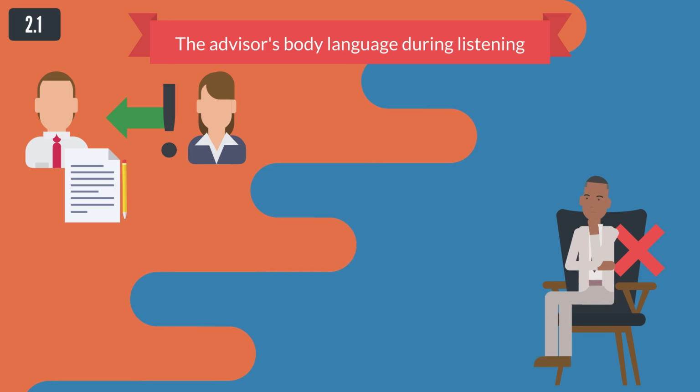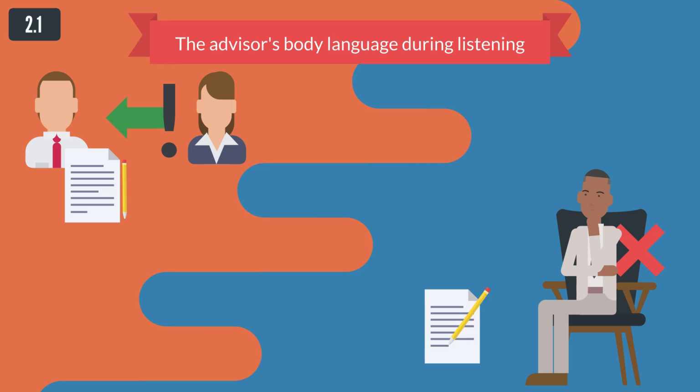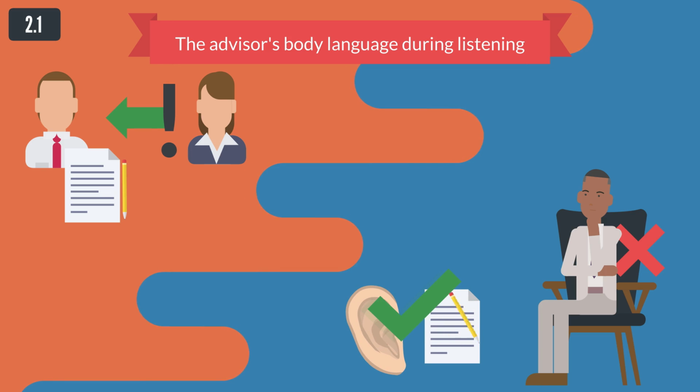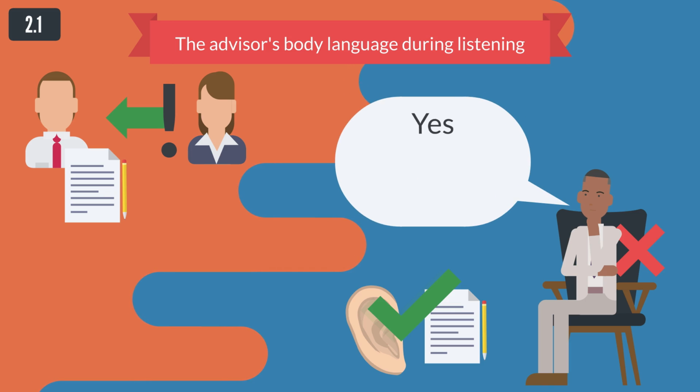On the other hand, by writing notes, the advisor shows that he is listening carefully, recording all the information and that it has the same importance to the advisor as to the client himself. Every once in a while, the advisor should lightly nod to reassure the client that he actively follows the conversation and understands everything. At the same time, he should use confirmation words: yes, understand. He can also use words or questions that would encourage the client to expand or clarify information.